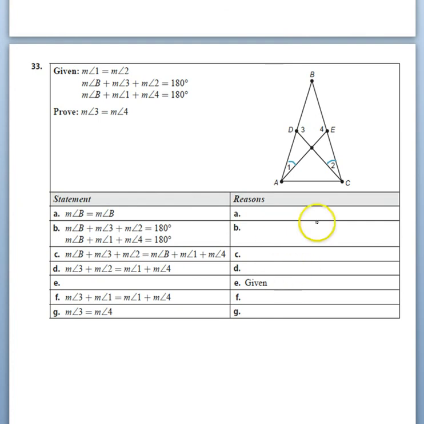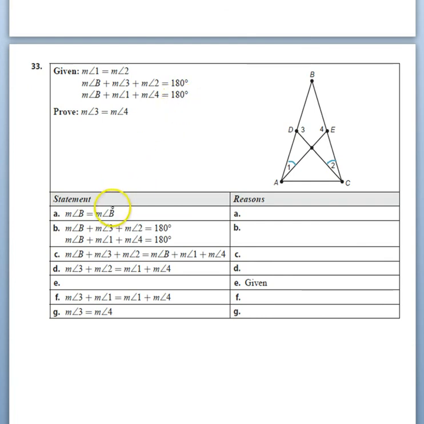Okay, so we know angle 1 is congruent to angle 2. And we know that the measure of angle B plus the measure of angle 3 plus the measure of angle 2 equals 180. And we know that the measure of angle B plus the measure of angle 1 plus the measure of angle 4 equals 180. We can't really put that on our picture, but those are two good things to know. Okay, so let's look at